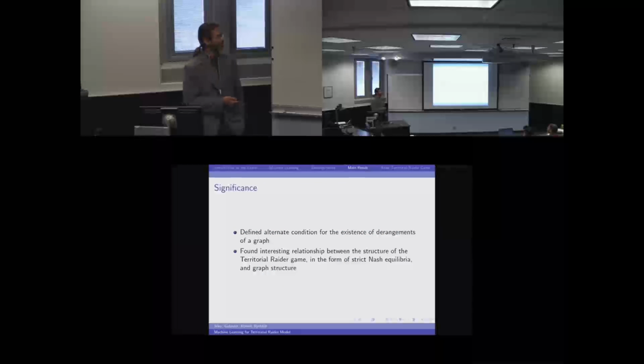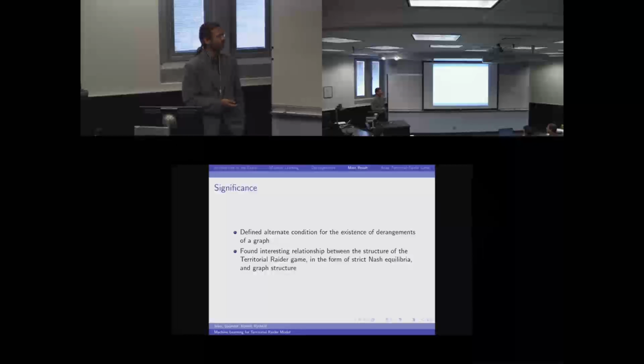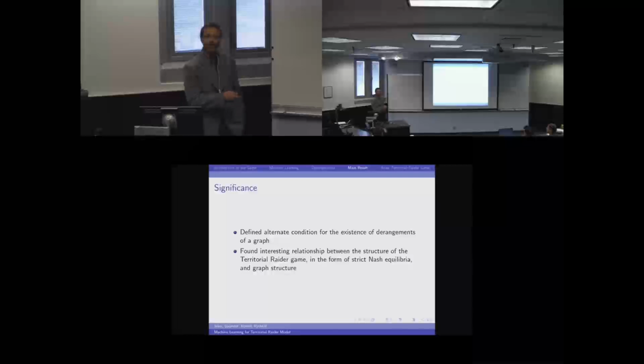So what we really did in this case was that we found, and this is a nice theoretical result, that it answers a question that was over 50 years old. The only problem is that someone else answered the question 3 years sooner than us. Yeah, but it's a nice different approach to these pure mathematical questions. We kind of characterize the derangements on the graphs based on biologically motivated games, and so we found an interesting relationship.